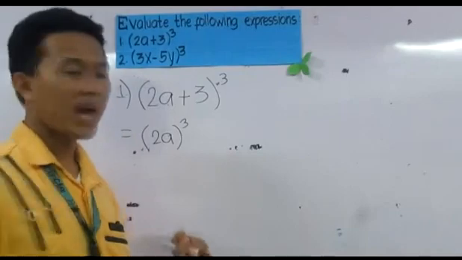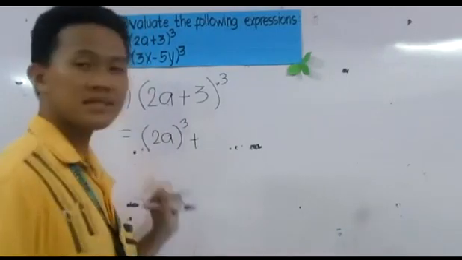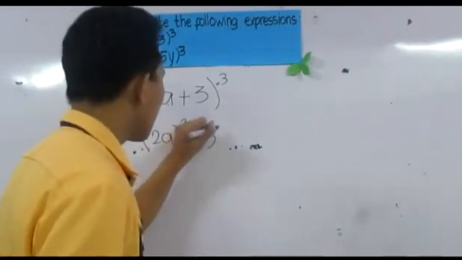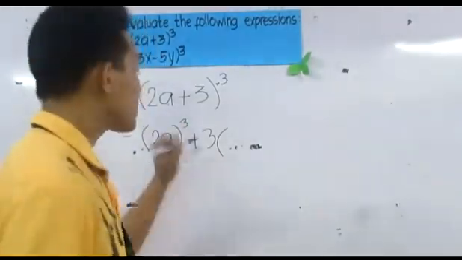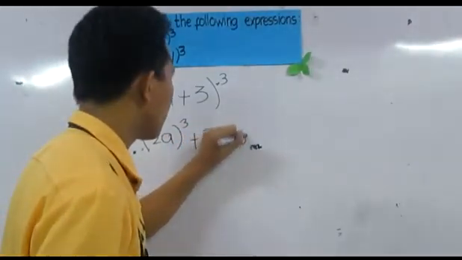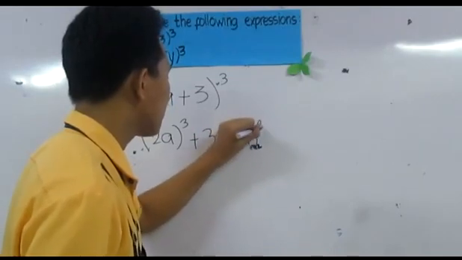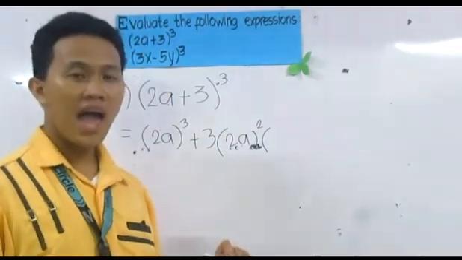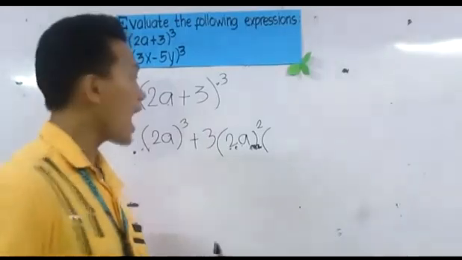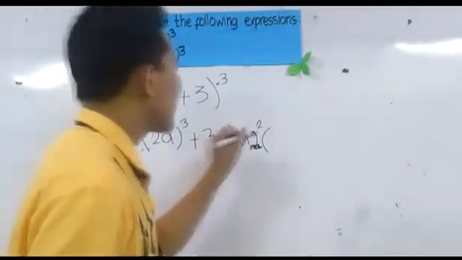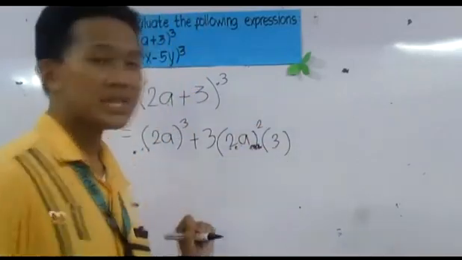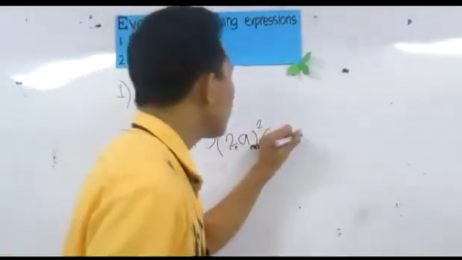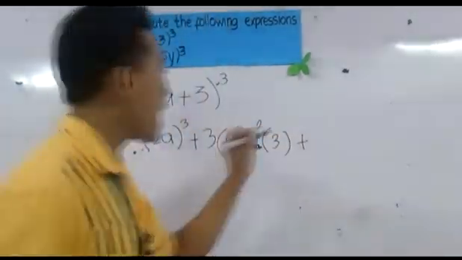The cube of 2a plus thrice the product of the square of the first term and multiplied by its second term or last term, which is 3,